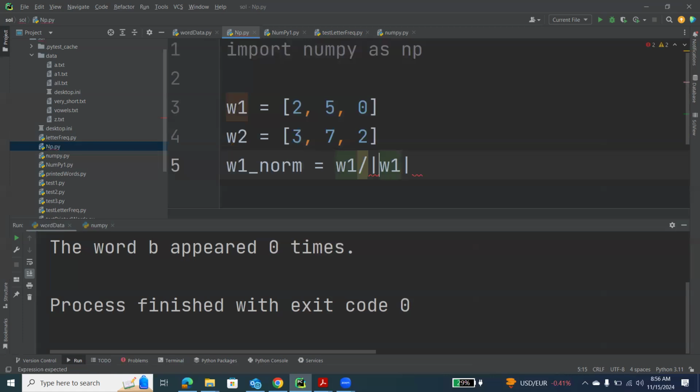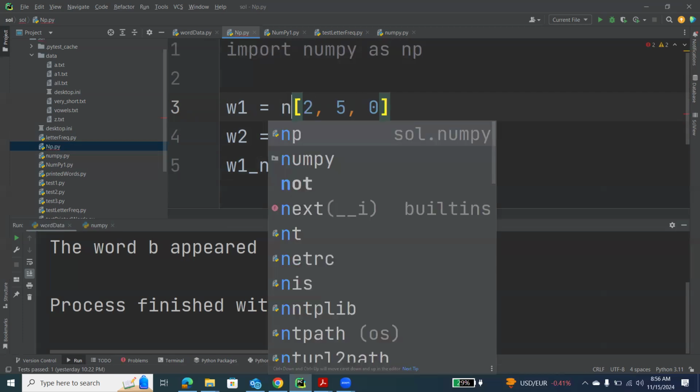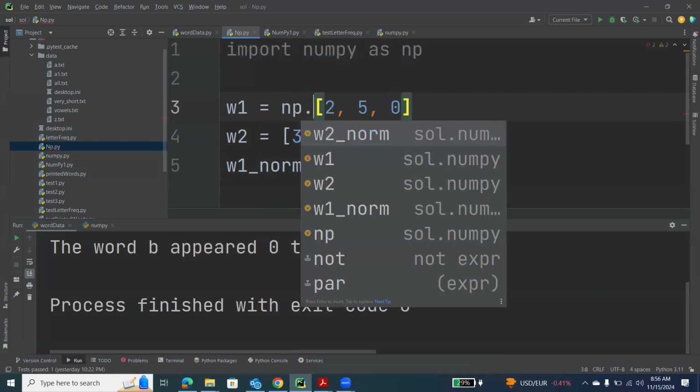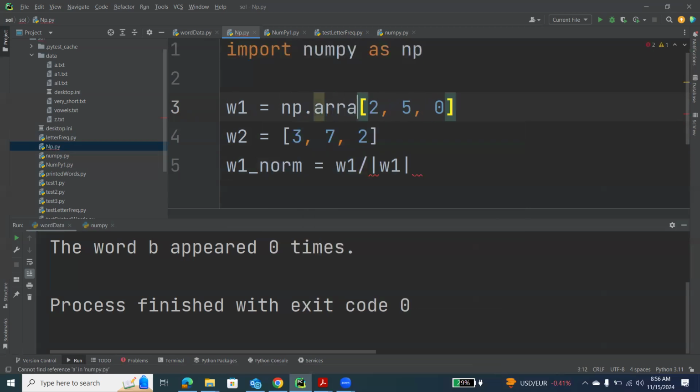In NumPy, if you divide a list by a number, you will get an error. But if you cast your list into the NumPy data type array,